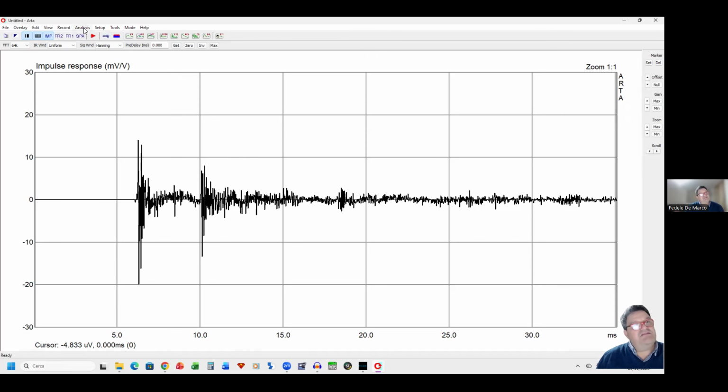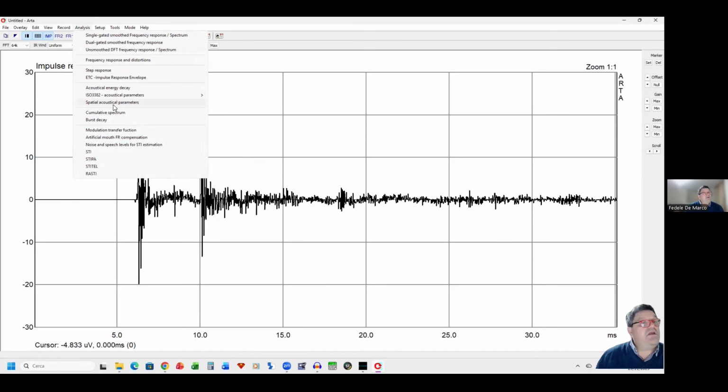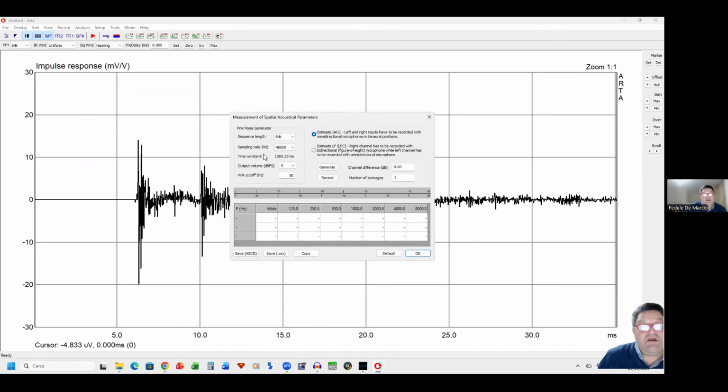If you go in analysis and click on spatial acoustical parameters, you can perform here, measuring live or in post elaboration, importing already measured impulse responses stored in wave format. You can import also external impulse responses to elaborate this. Okay,